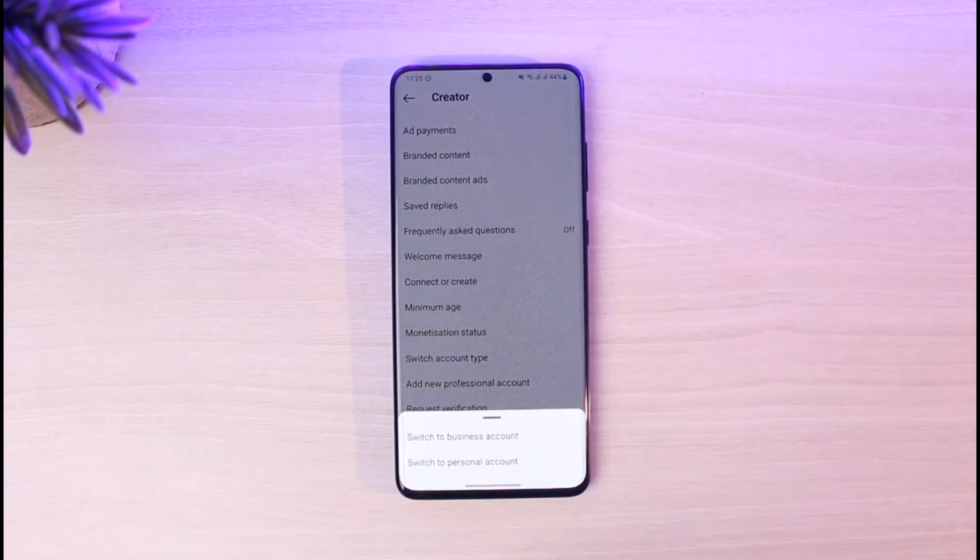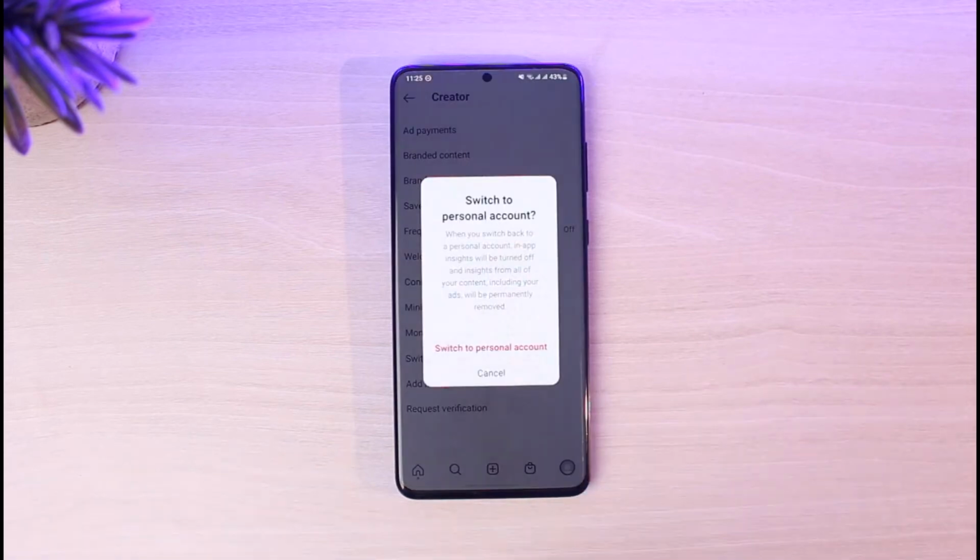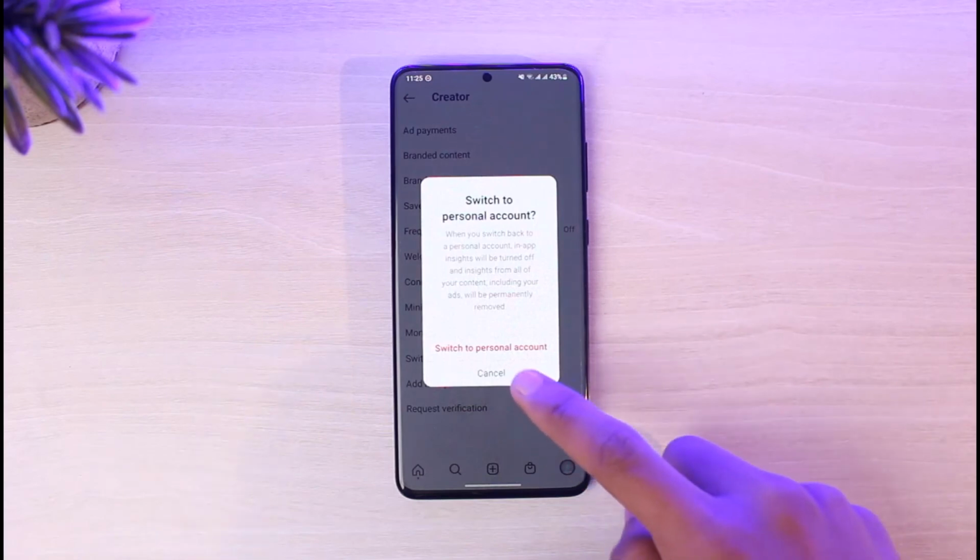Now you can switch from a creator to a business account if you want, which is a little bit similar but different in some kind of way. But you can switch to a completely personal account if you want to by just tapping the switch to personal account. But basically if you want to turn off creator account, this is the way to do it. You basically have to switch to business or personal account. Now just go ahead and confirm the changes, and that's all it takes to go ahead and turn off